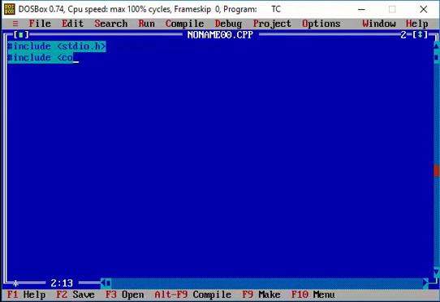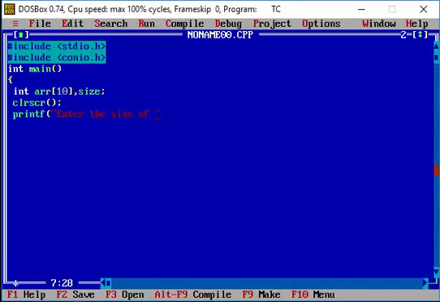stdio.h and conio.h, and I start writing my main function definition. So let's say for example I'm creating an array of size 10, and I declare another variable size. So I just call the clear screen function, and now I'm prompting the user to enter the size of my array. So using the scanf statement, I'm getting the size of the array from the user,